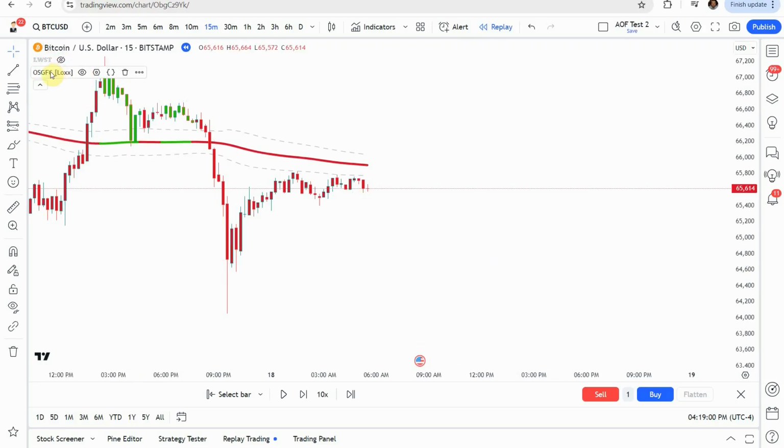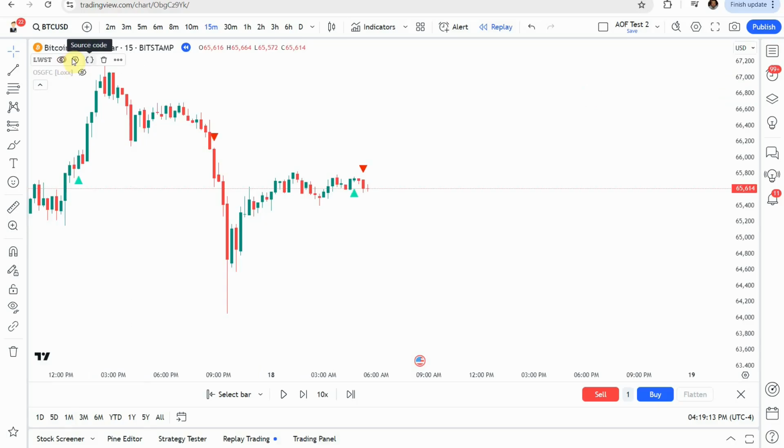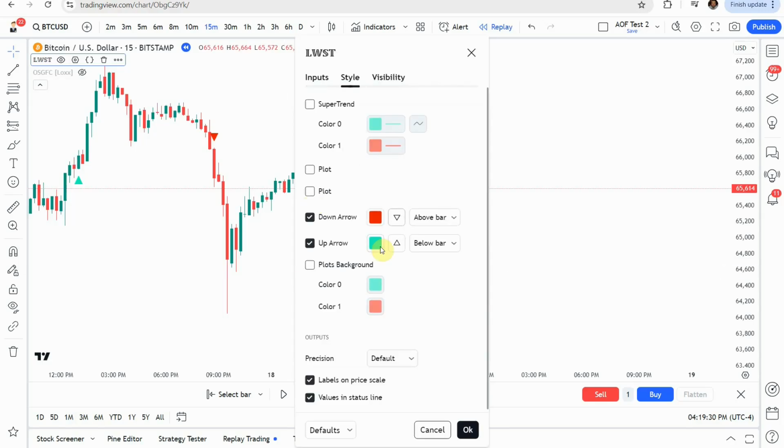So we'll just go ahead and hide the two indicators we have on screen now. The first indicator we will add to the screen is going to be the liquidity weighted super trend. This one right here. Go ahead and click on that and add it to the screen. Jump into the settings and we'll make some modifications to this. So what you'll do is the super trend length, change that to 14. The fast moving average length, change that to 7. The slow moving average length, change that to 45. Jump into the styles and turn off all these here except for the down arrow and up arrow and click